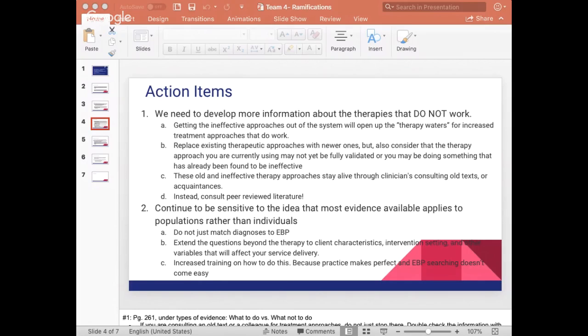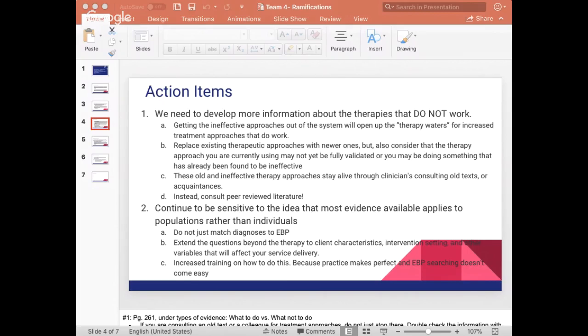You don't necessarily have to change your model completely. And then for the second action item, just continuing to be sensitive to the idea that most evidence available applies to populations rather than individuals. So kind of what Chloe touched on earlier, don't just match an article to your specific person. Really match your article to the population, but then further dive in and extend questions to what are my client's